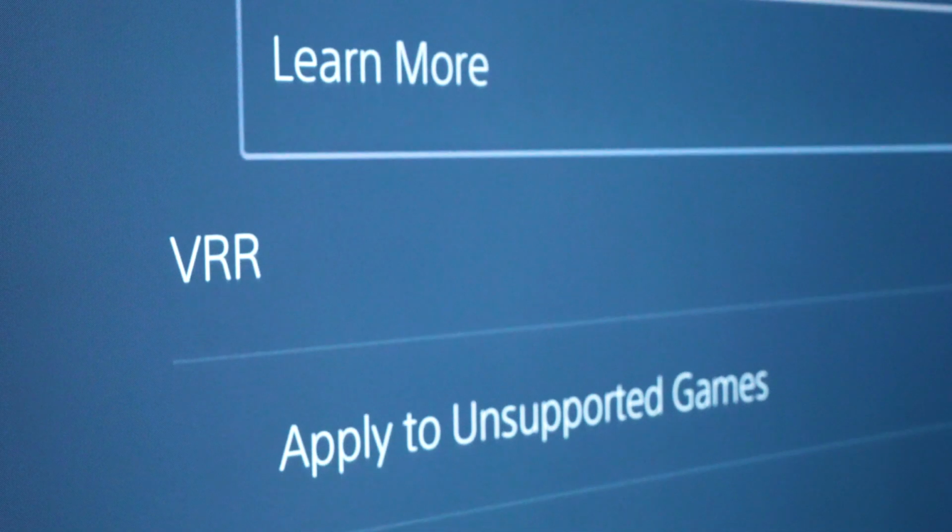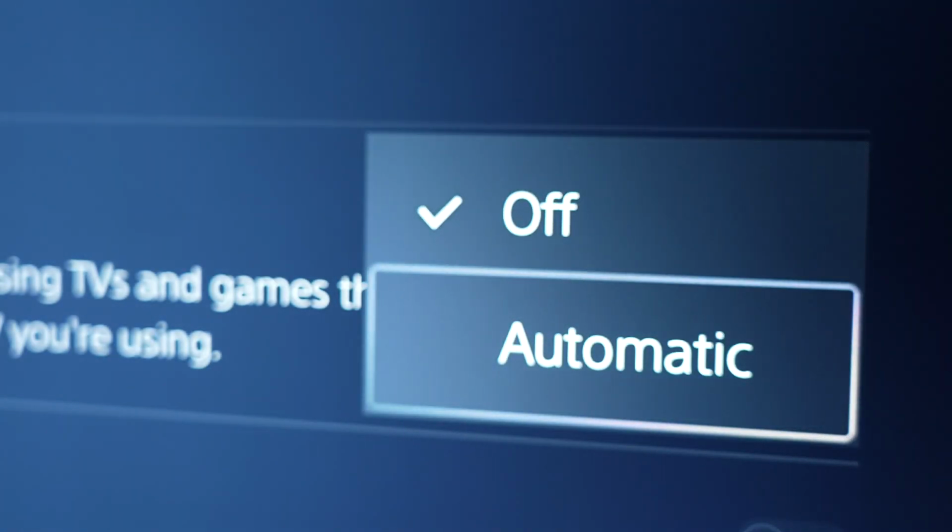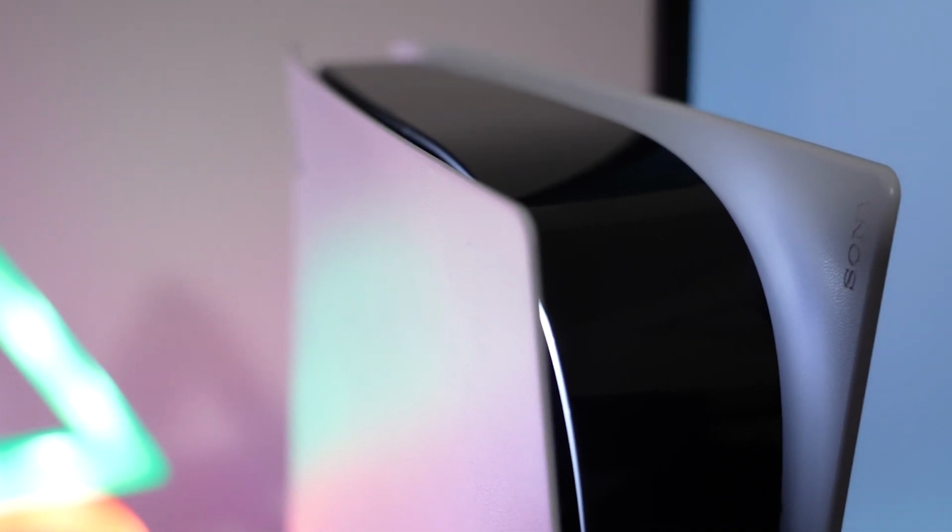In this video, I'm going to show you how to get the PS5 update that everyone's been waiting for. The variable refresh rate VRR update for PlayStation 5 is finally here, and turns out you do not need a PS5 firmware update to get this feature. To get VRR for PS5, the process is very easy, and this video will show you how to do it